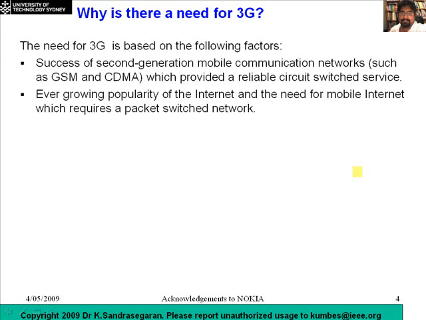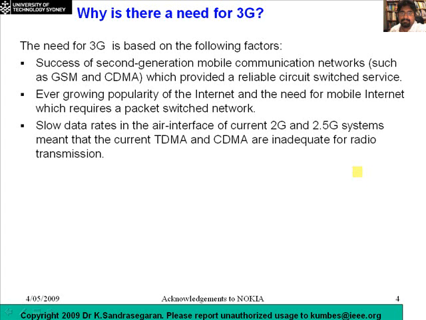mobile telephony. Now, at about the time when these standards were developed, that was when the internet was becoming very popular. Mid-90s, the internet was really beginning to take off, and more and more people were going on the internet, and there was a need. People started thinking, why is it not possible to have the internet on our mobile devices? Now, in order to do that, we needed mobile networks to evolve towards a packet switch network. So that was another requirement that was taken into account. And the third reason why we needed third generation was that the data rates on both 2G and 2.5G were very slow, and hence the AI interface on the 2G and 2.5 generation mobile networks was a bottleneck in terms of